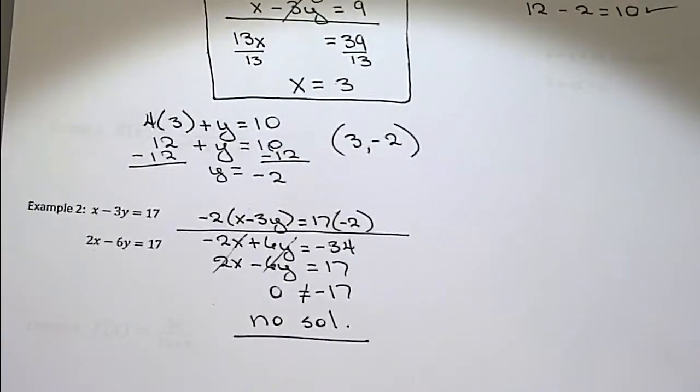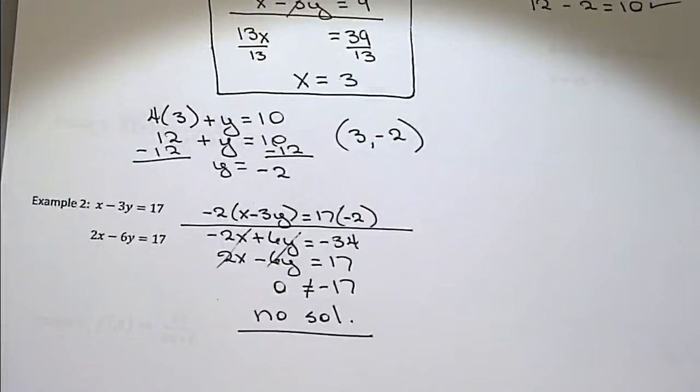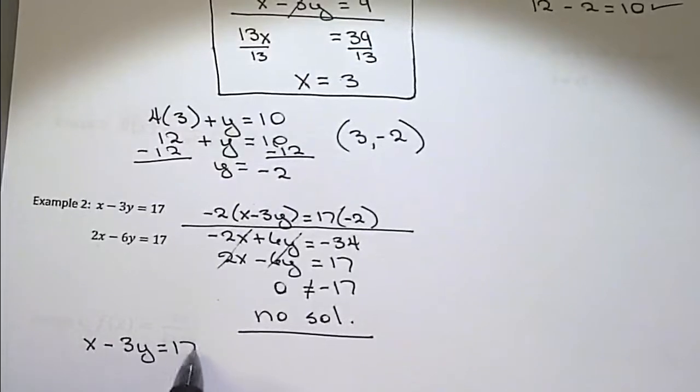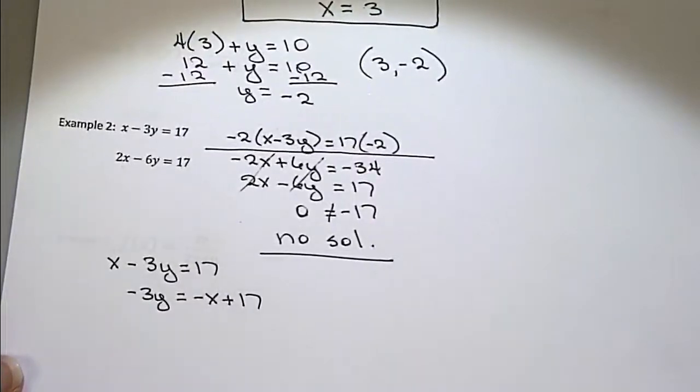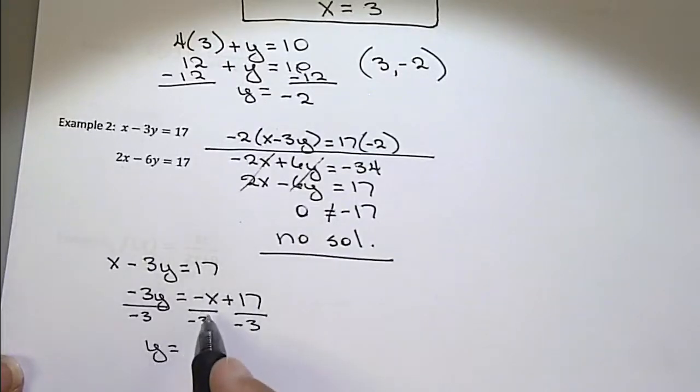Yes, get rid of the x, okay? It's just 1/3, yeah. Did you get it? I'm going to take this first one and get it into y is equal to mx plus b, right? You see what I did? I just subtracted x from both sides, didn't I? And now I have to divide everything by -3. Well, this comes out to be y is equal to a positive x over 3,